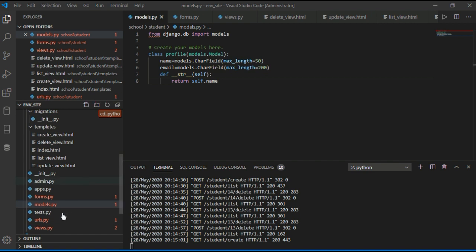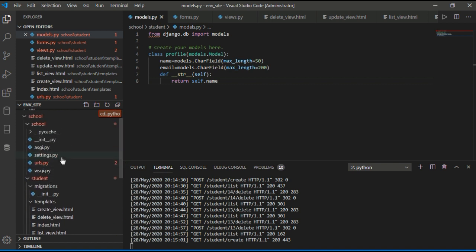So this is the models file. In the model file we have name and email stored, and after name and email, we have a string, self.name. Self means this object of this class.